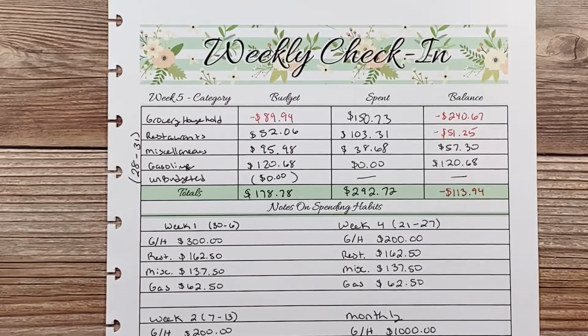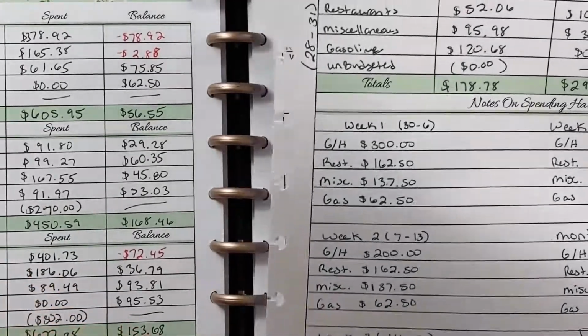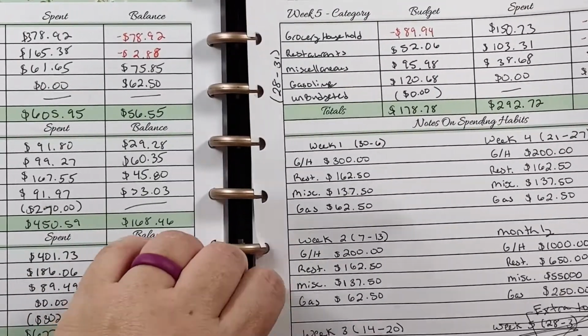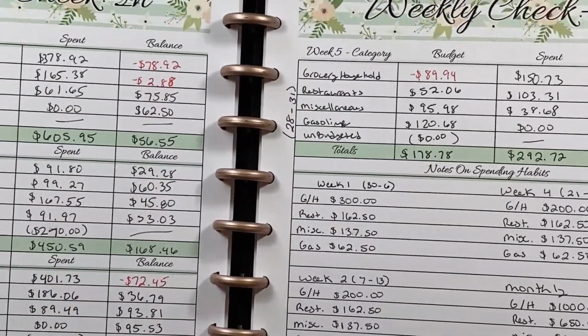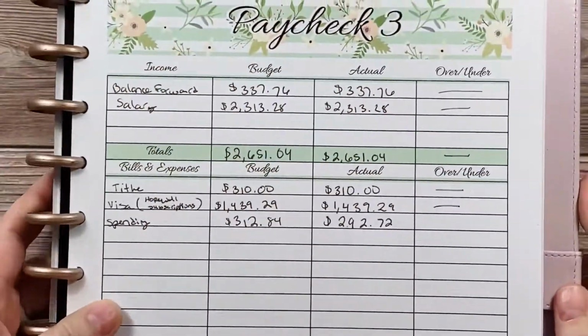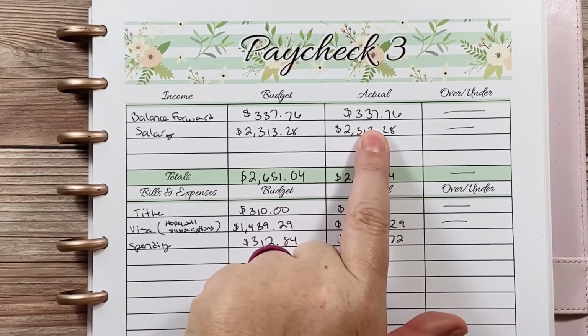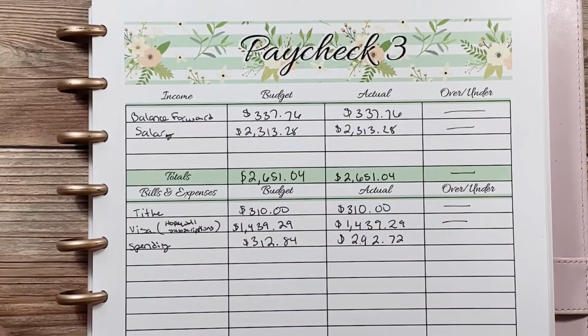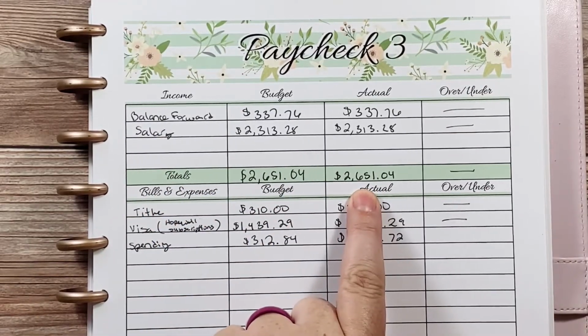We're going to look at my Paycheck 3, and we're going to close it out too. We're just closing the whole month of May out. So let me zoom. Well, actually, I'm going to keep you zoomed in. And I'm just going to flip to Paycheck 3. There we go. And because it's very short. All right, so this is what we had in income. I balanced forward from the previous Paycheck 2 when I did the closeout, and then the salary did not change. And then this was the total of income that we have,